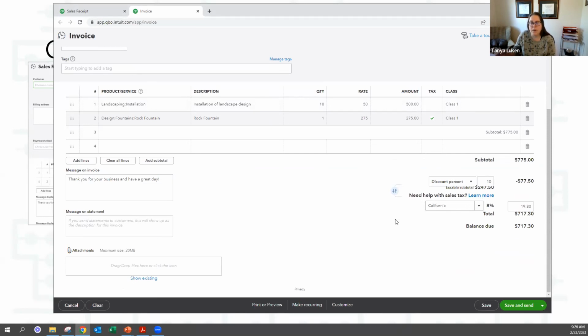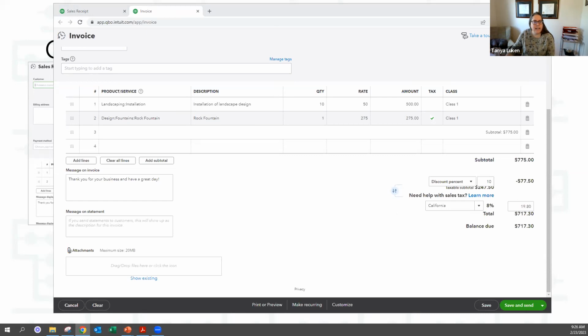But the problem is if you're importing or if you have some kind of automation built between your point of sale system or an invoicing system and QuickBooks, sometimes QuickBooks is going to do it for you without you being in each one to edit it. So for my client with the Florida thing, we import all of his invoices and then we run a report to see where QuickBooks thinks we should have collected sales tax, and then we go in and manually edit those ones where it went off the rates.